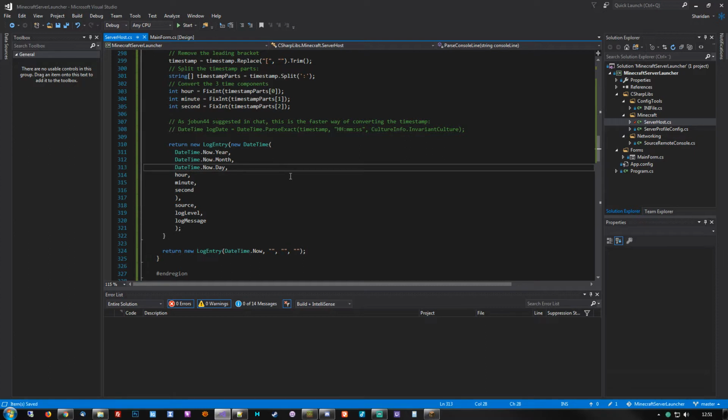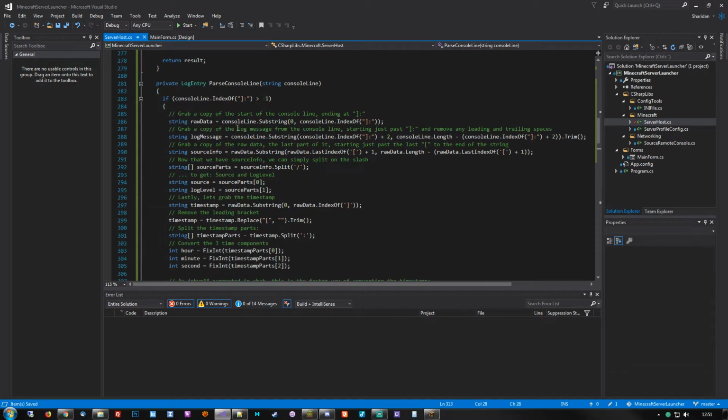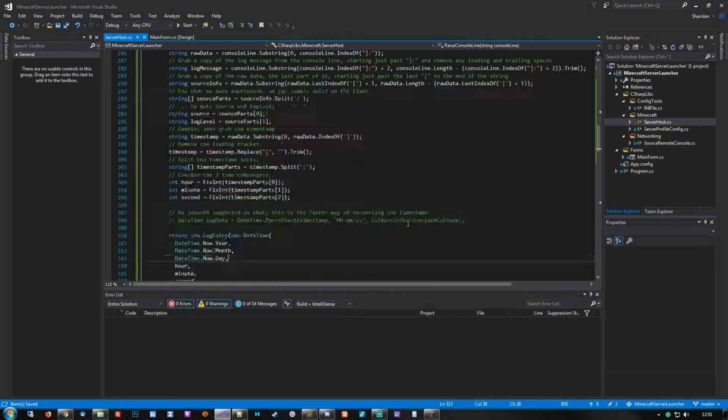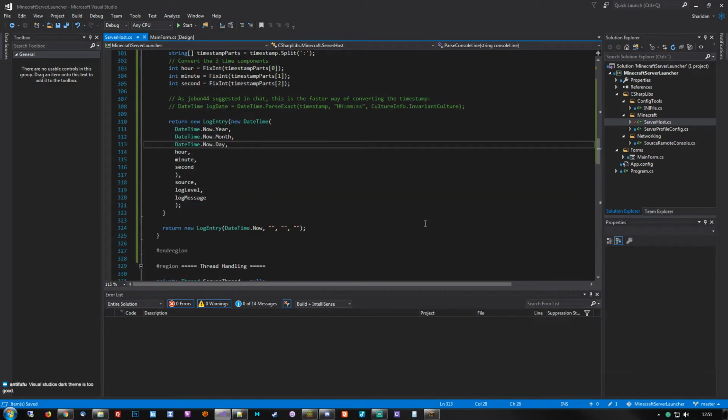All right. So we are now hopefully getting a log entry from this particular method, which has all of the individual